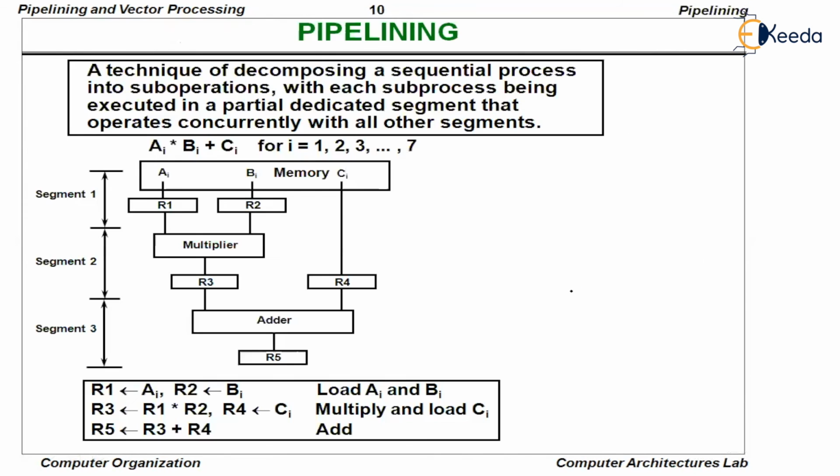Let us see here. Okay. Now it is properly given. See this R1 and R2. There is R4 and there is R3. What needs to be performed? First, A and B must be supplied to R1 and R2. In the very first clock cycle, R1 and R2 will get A1 and B1. In the second clock cycle, R3 will get A1 into B1. Right? In the second clock cycle, R1 and R2 will get A2 and B2. Right? In the second clock cycle, R4 will get C1.